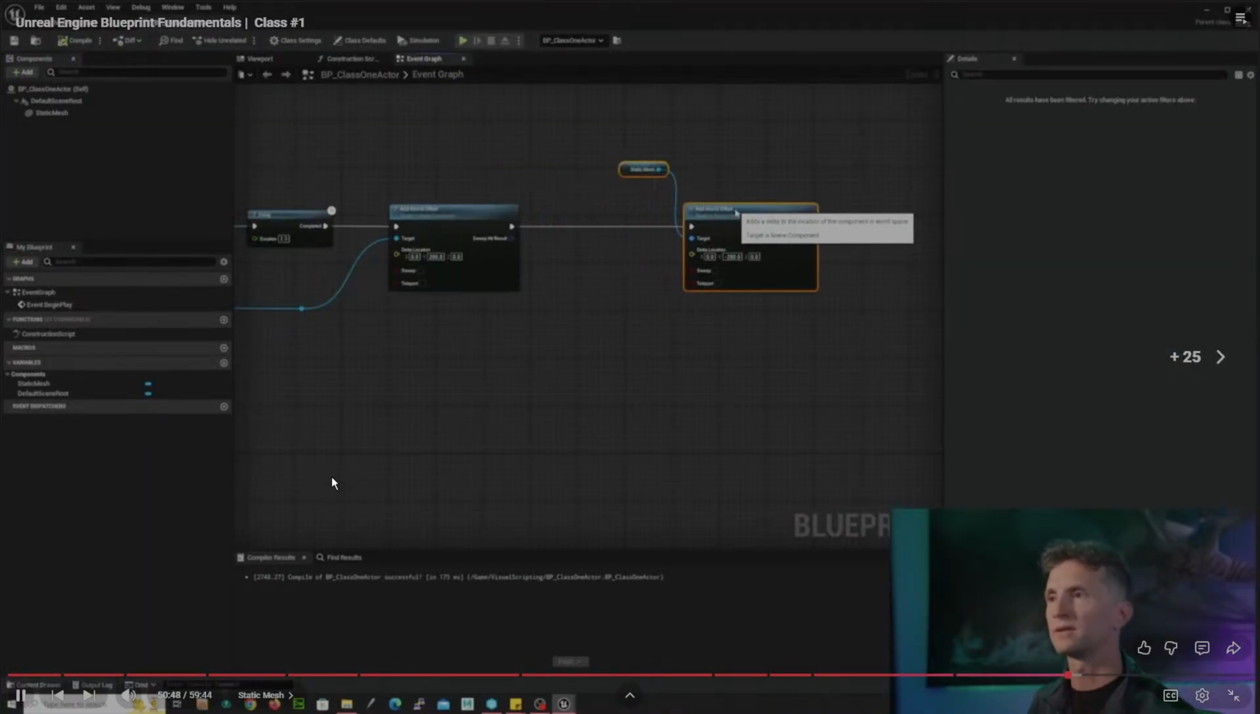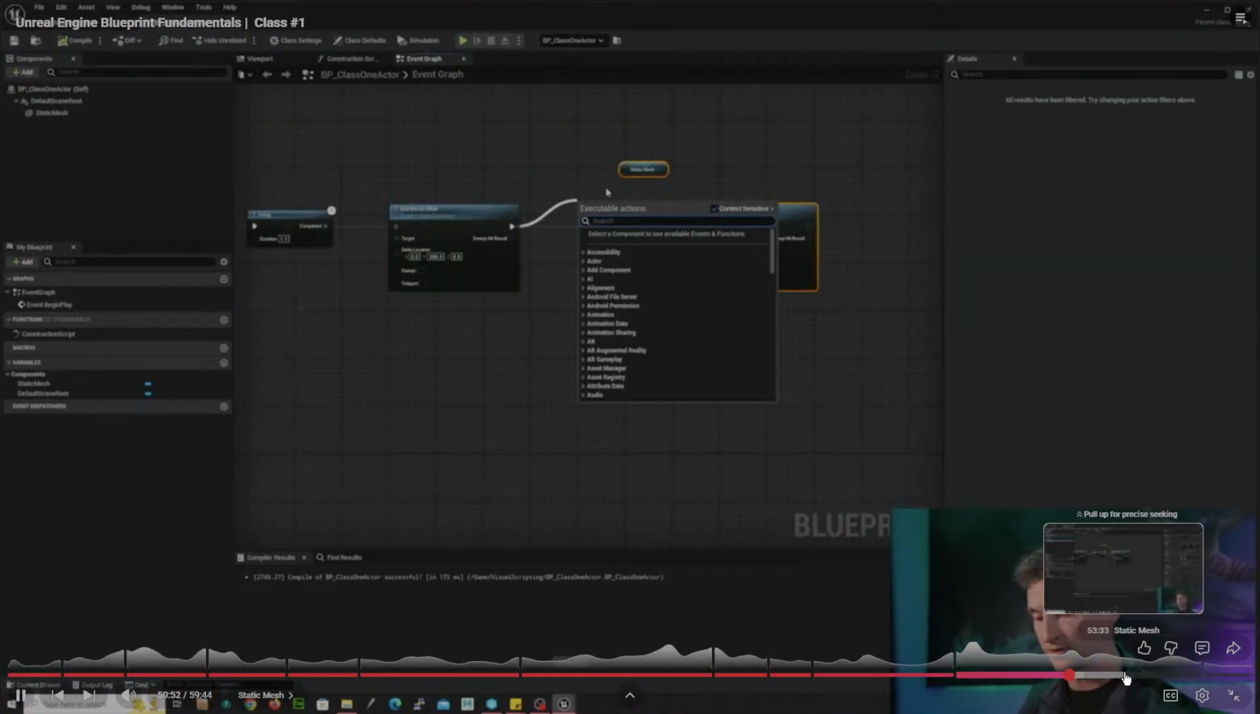We can add in a delay here. I'm just going to drag off of this pin to show you one other feature of Unreal scripting, or